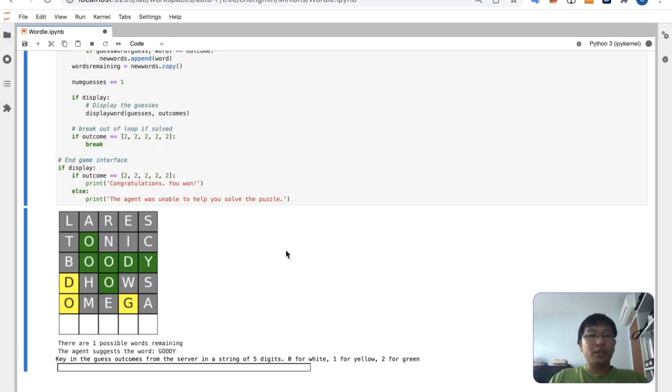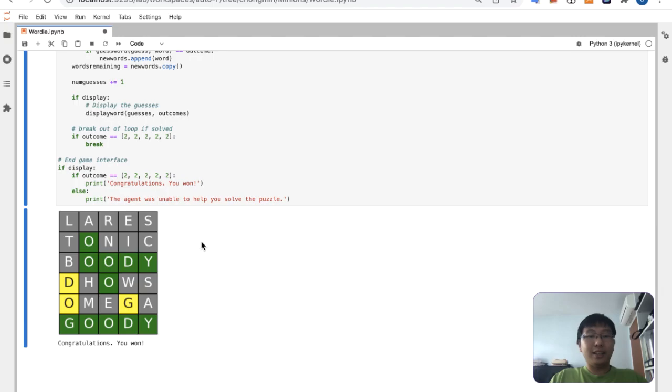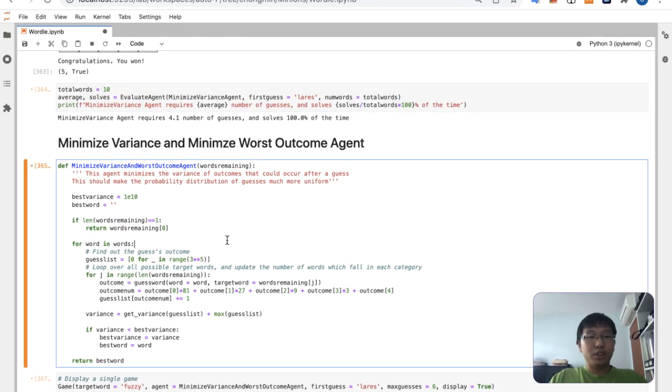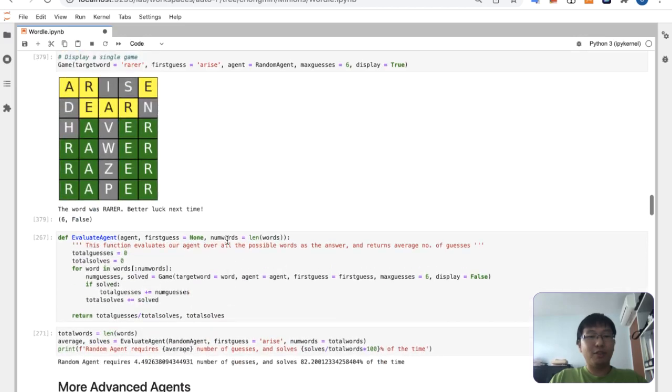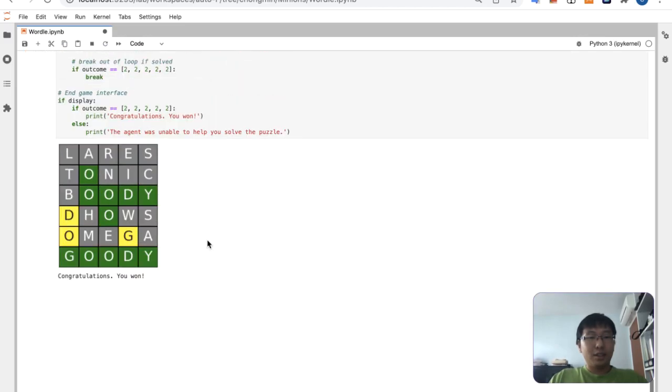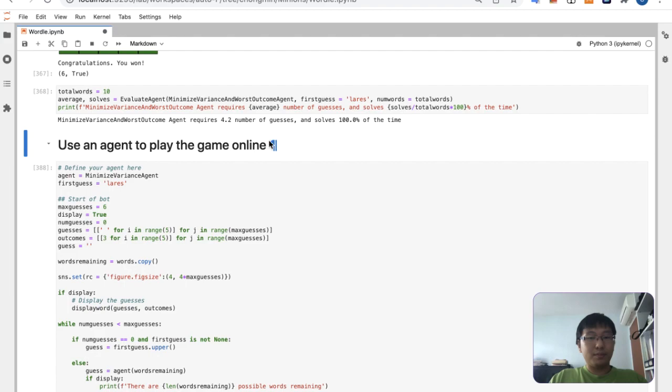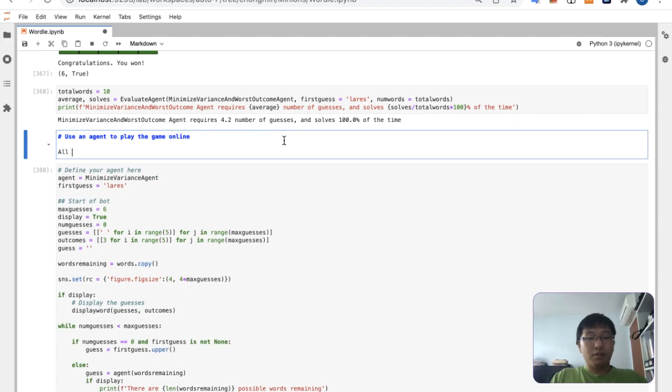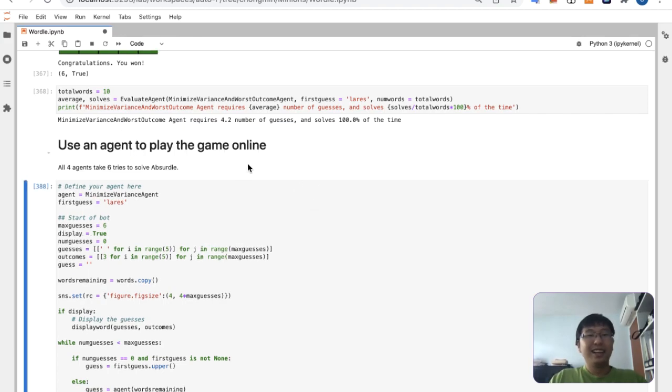using this Wordle bots, I've shown that all the approaches here actually have similar performance. Let me just type it here. All four agents take 6 tries to solve Absado. So yeah, I guess Absado, if you want to do it properly, you probably need a 1 or 2 step look ahead